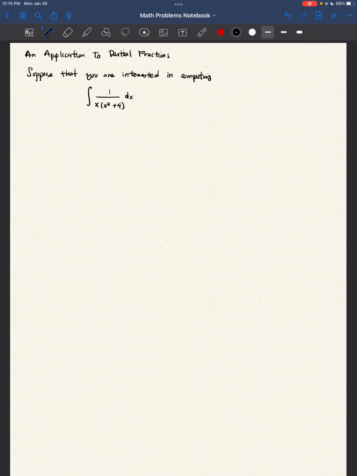Hello. So this time we have an application of systems of linear equations to a problem of partial fractions. I'll proceed in this fashion. Suppose that you're interested in computing the following integral. Of course, what the partial fraction decomposition says is that this might be written in the following fashion as